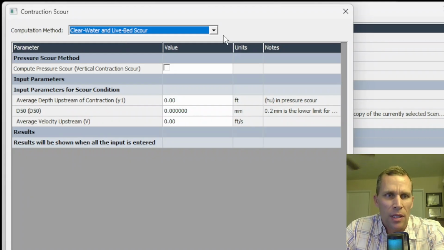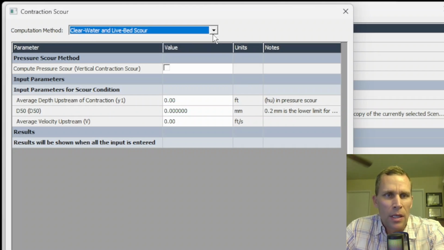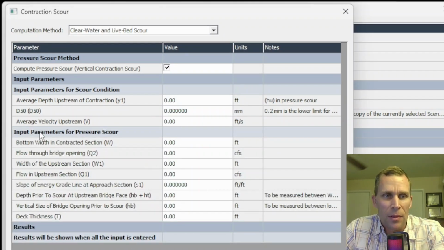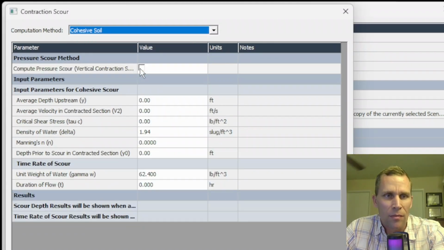Whichever method you select between clear water and live bed and cohesive soil, there's this first option here that talks about compute pressure scour. And if you click that, then you've got some pressure scour input parameters. So we're going to tackle that, but just so you know, that is consistent between cohesive soil right here,